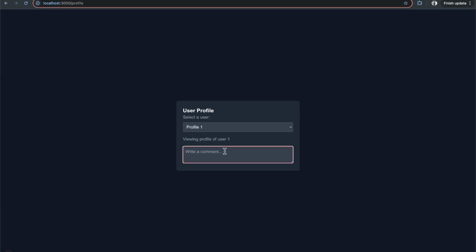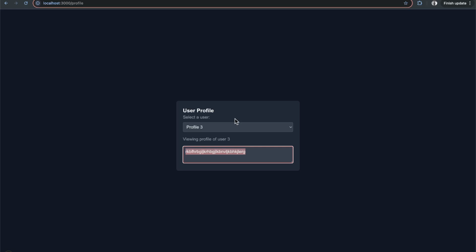For example, say we have this comment section and user 1 types in this comment section, profile 1. Well, when they switch to profile 2, we probably want to clear out this comment section. And same thing when they switch to profile 3 and so on and so forth. This is fairly common, where you might have an application where a user can select different profiles and you want to clear the state when they select a different profile, or maybe the user ID